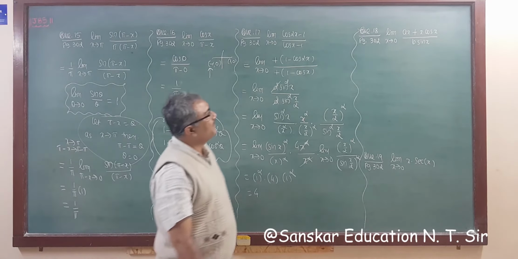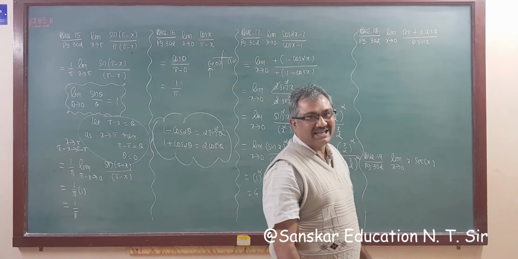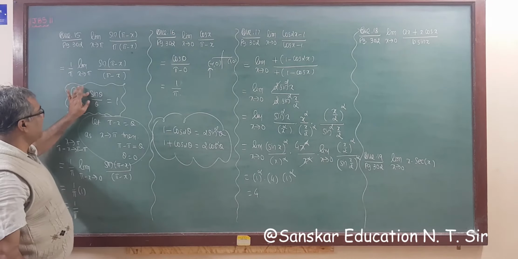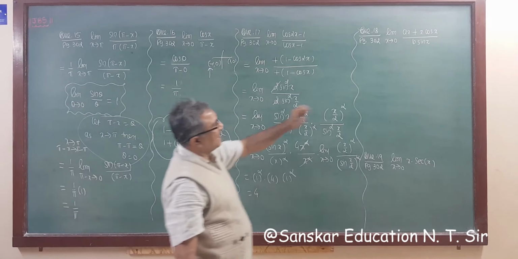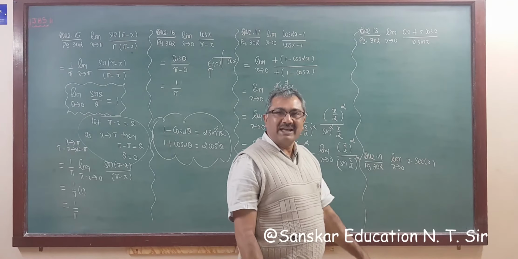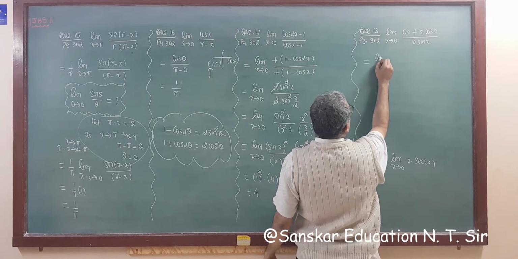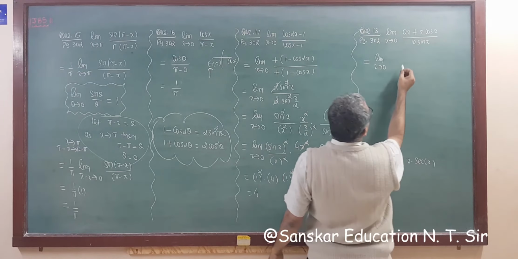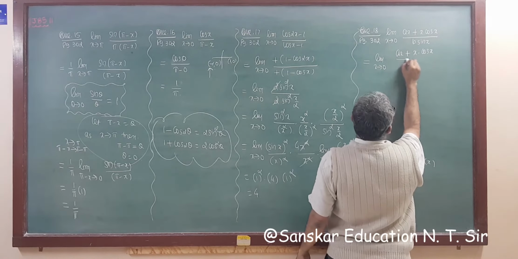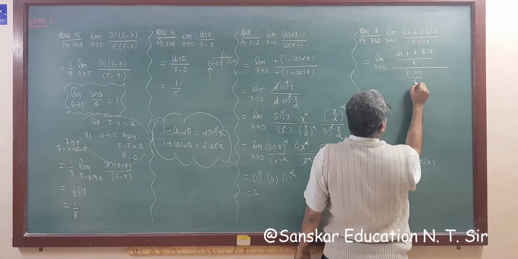Right? Now here, question number 18. Limit x tends to 0, ax plus x cos x upon b sin x. Now for formula, what we require? We require in form sin theta upon theta. So there is a sin x here, and we don't need this x. So dividing numerator and denominator by x, we get sin x upon x here. We get limit x tends to 0, ax plus x into cos x whole upon x, whole upon b sin x upon x.